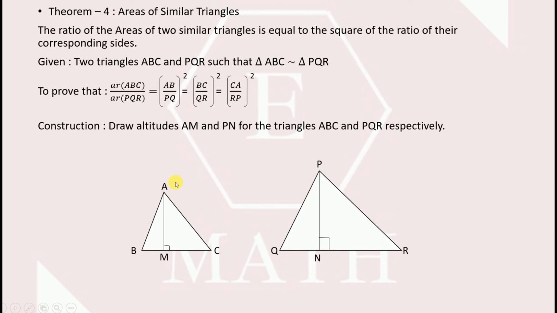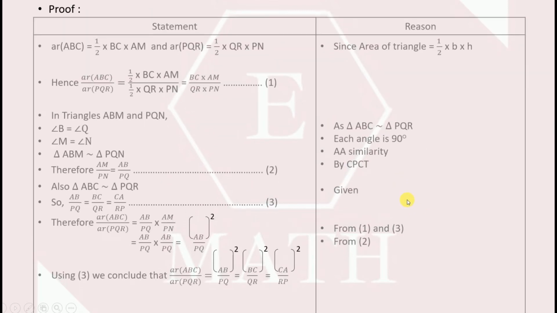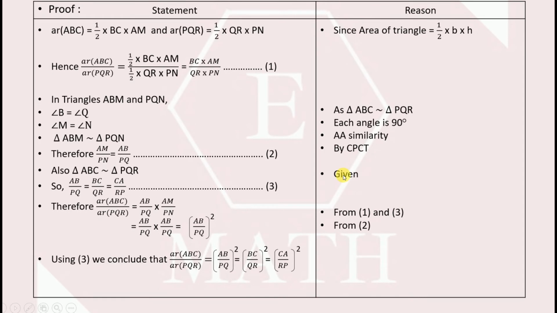That is, altitude means perpendicular height, right? So for the triangles ABC and PQR respectively. After this, let's see how we prove this. We have the area of a triangle ABC as half into base into height. From that formula, we get the area of triangle ABC, and the area of PQR is like this. Now considering the ratio of it, we get area of ABC by area of PQR will be equal to,